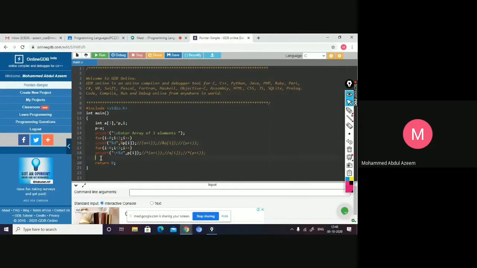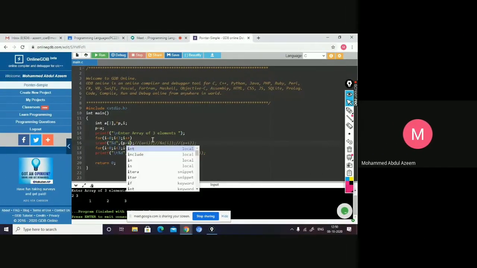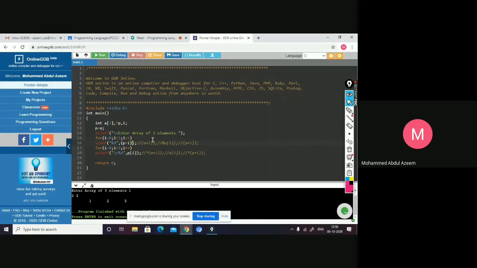Similarly, while printing, after you accept the elements, you're accepting 3 elements here, then you are printing the same which you have accepted. Here asterisk of I, say.